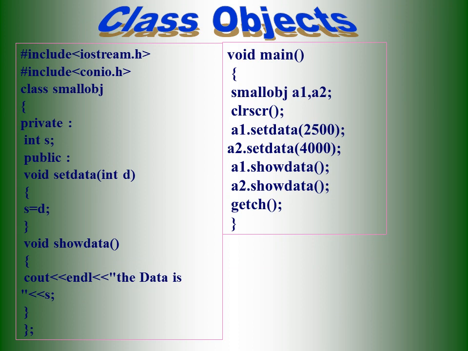Classes and objects. Why do we need to use an object to refer to the member functions of the classes? Because only through the object can we access the member functions and member variables of the classes. From the main function itself we can assign a particular variable's value by using the object, and also call the member functions of the classes. The object acts as an instance of the class, and it is called from the main function to the classes. So we are using the object for referring to and utilizing the member functions and member variables of the classes.